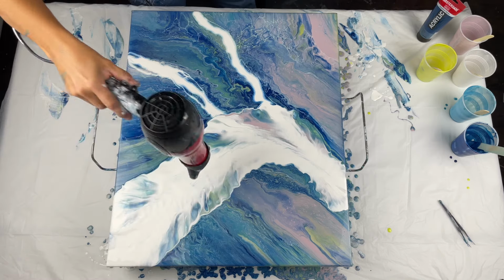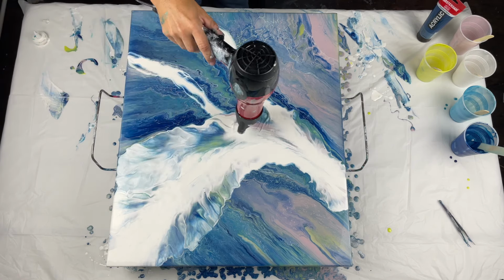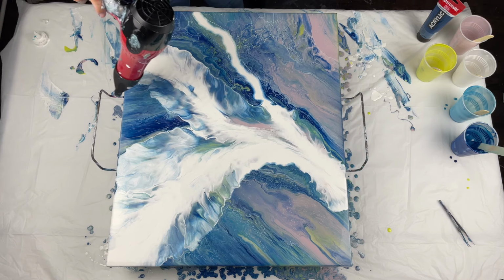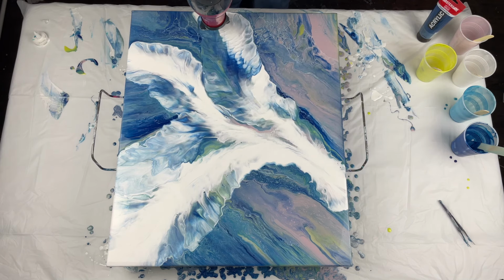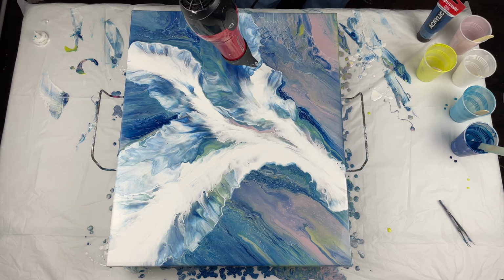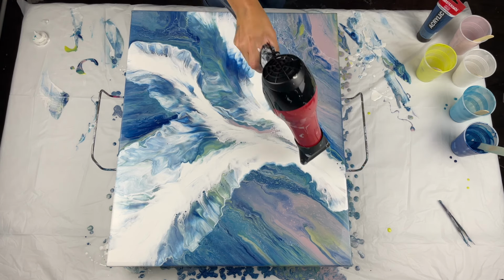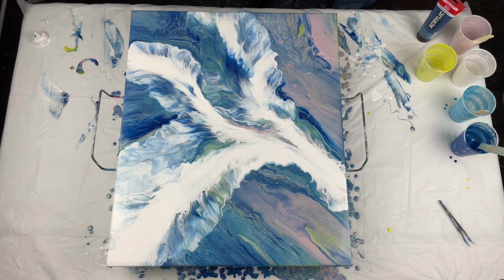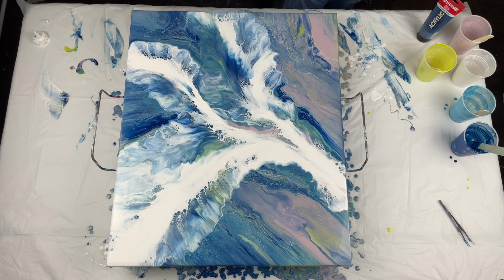I really was trying to go for a pearl situation here, and it did turn out like there were pearls definitely, but this white paint just sinks with the pearl pours, and so you really do lose a lot of that beautiful color and lacing. So if I could have stopped right here, I would have been really happy, and if that had just stayed the same, I would have been really happy. But it starts sinking, and it does start cell-ing and creating some pretty lacing. But again, that white starts sinking, and it